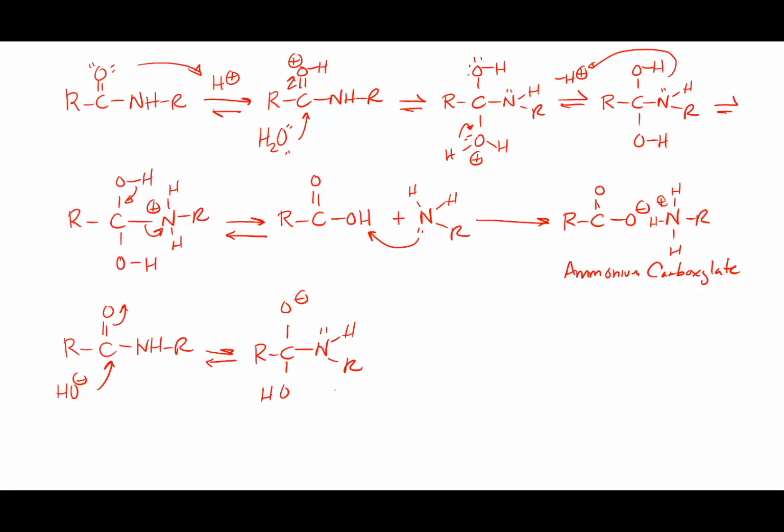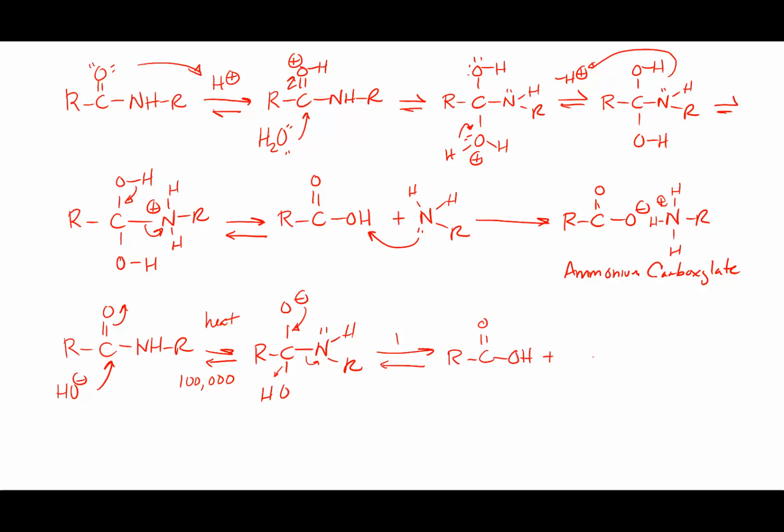protonation. So when this pair of electrons moves back down, what's better, hydroxide versus nitrogen? Well, by far and away, the hydroxide is a much better leaving group. We're going to need heat for this reaction to occur. I would say at this point, maybe 100,000 times, you're going to have the reaction reverse backwards to the one time that the amide leaves. So 100,000 times the OH group leaves, one time the amine group leaves, but when the amine group leaves, we